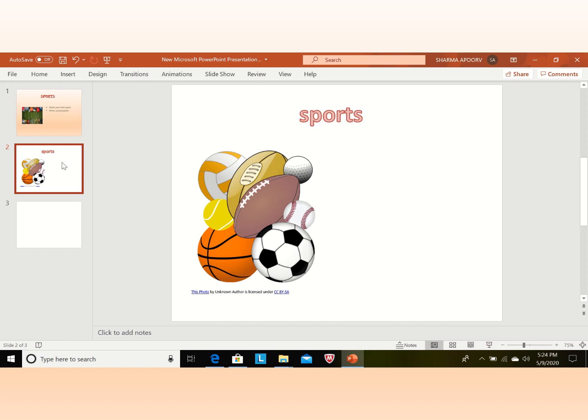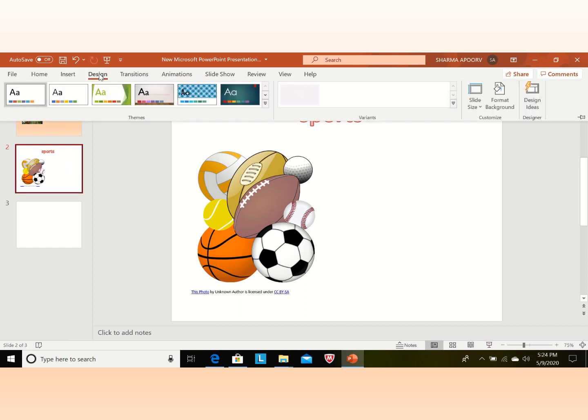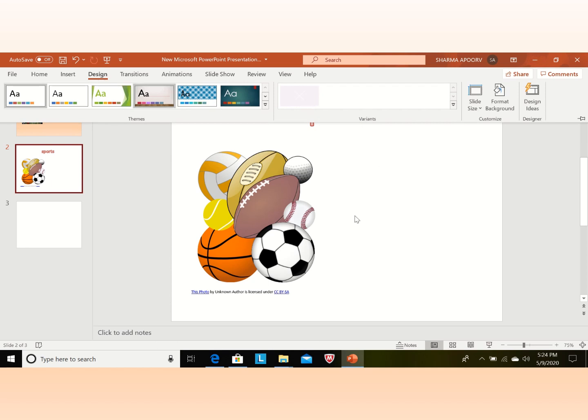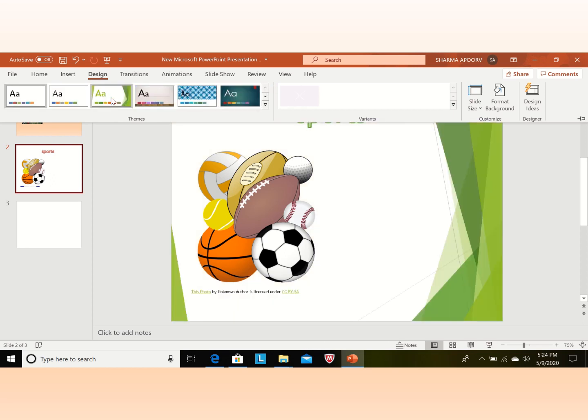Now I will insert background on this slide. So we are using this option, design. We have already used this option, so now I am using this option. First we will select the background which I want to apply on my slide. If I click on this option, the background of all slides will be the same.